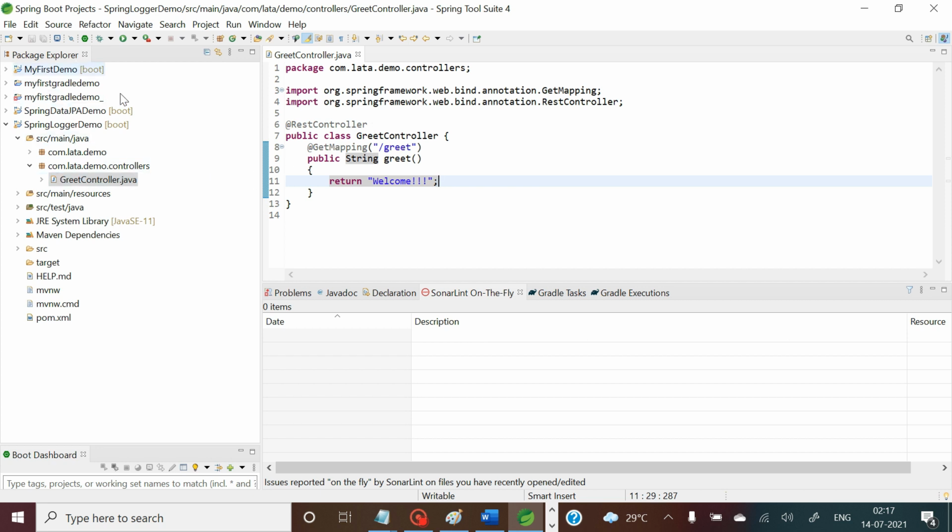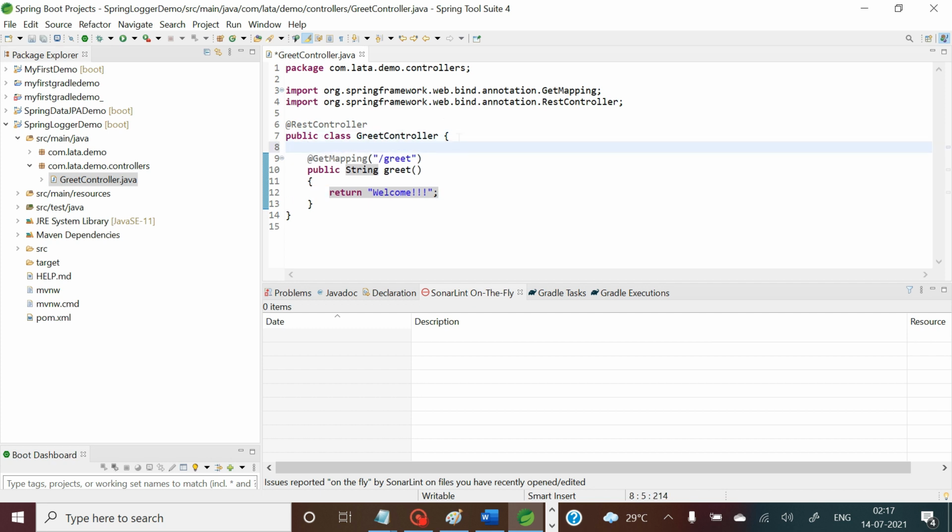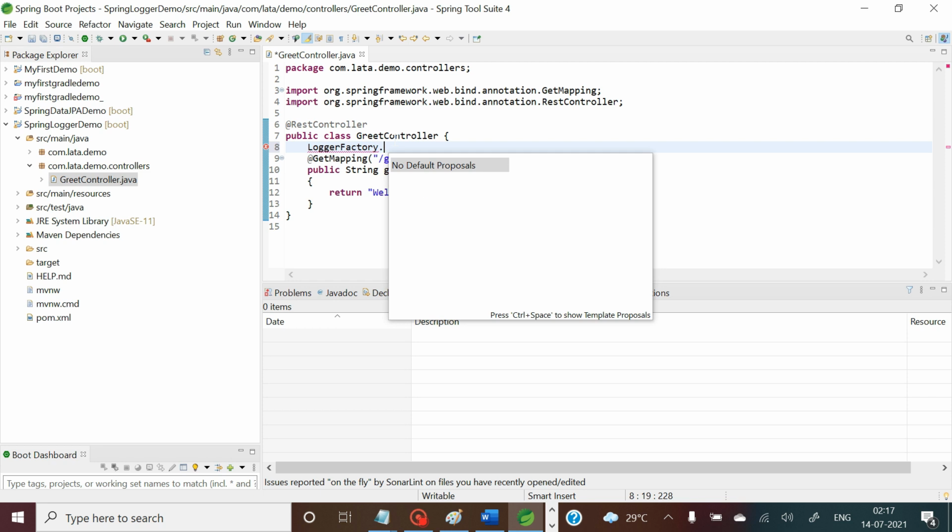Now if I want to add a logger over here, how can I do that? There is a LoggerFactory provided by the logger dependency. LoggerFactory is used to create a logger instance, and it uses the factory pattern. So from the LoggerFactory, we will get the logger instance.